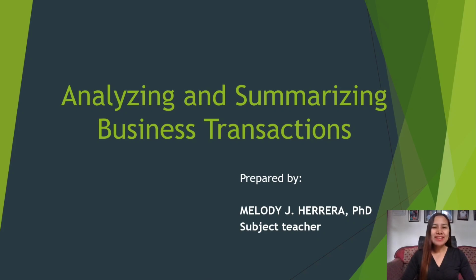Good day, everyone. In your previous topic, you had just learned about the two major types of book of accounts, namely the journal and the ledger. You were able to differentiate a journal from a ledger. And of course, you were able to illustrate the format of general journal and special journals. At the same time, the format of general ledger and subsidiary ledgers.